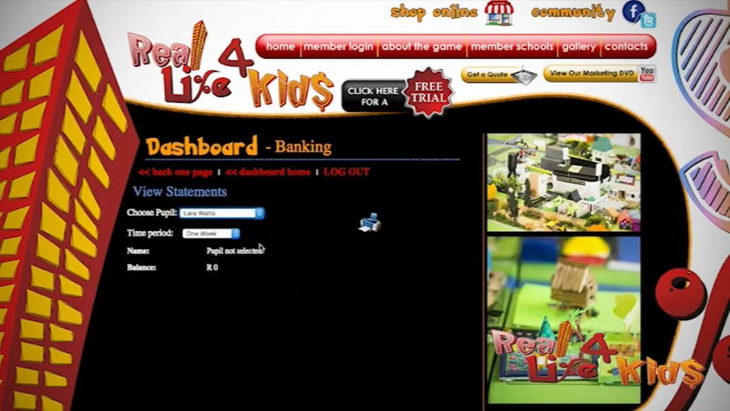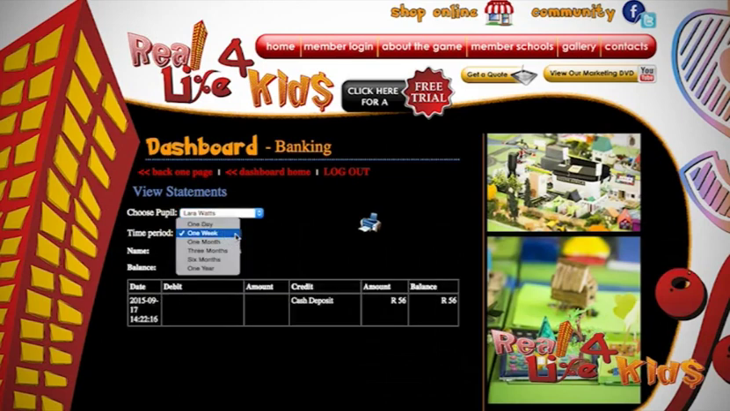Click on her name. You have an option here to look at the payments done in the last day, in the last week, in the last month, in the last 3 months, in the last 6 months, and in the last year. I'm going to click on 1 week because I'm going to be doing some transactions. What you'll see now is her name, Laura Watts. Her balance is 56 Rand. The date, there was a credit of a cash deposit, an amount of 56 Rand,